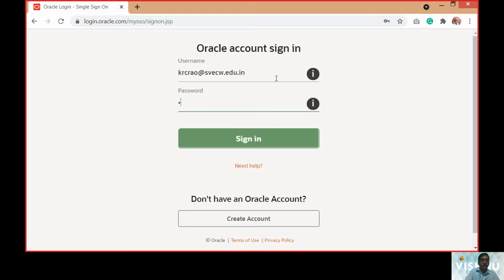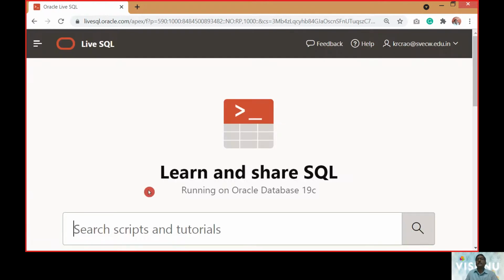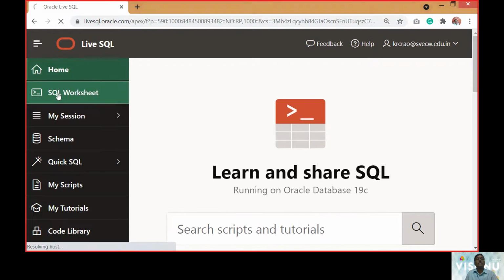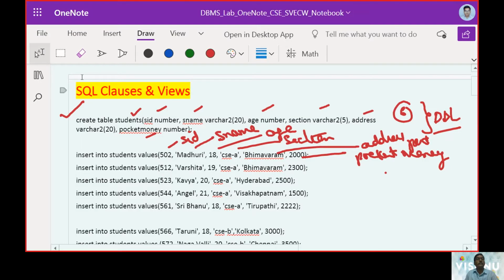My username, password. You can have a free sign in if you don't have an account. It just asks for your email ID, first name, last name, etc. Now you can see the SQL worksheet where we can work on these things.